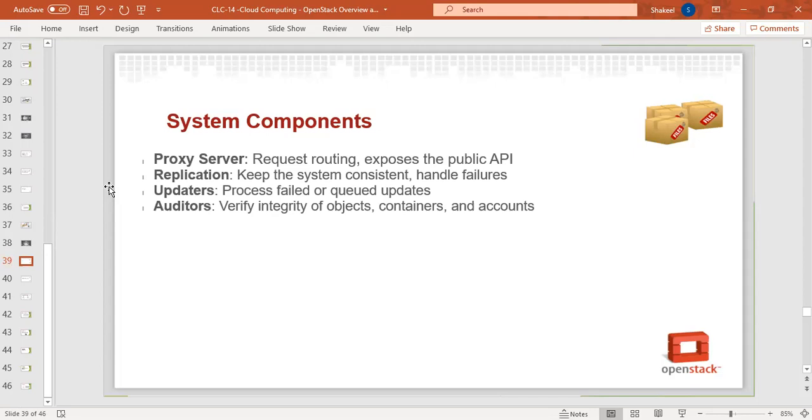Proxy server: it does request routing and exposes the public API. Replication keeps the system consistent with all configurations and updates, and it also handles failures. Updaters process failed or queued updates, and auditors verify integrity of objects, containers, and accounts.